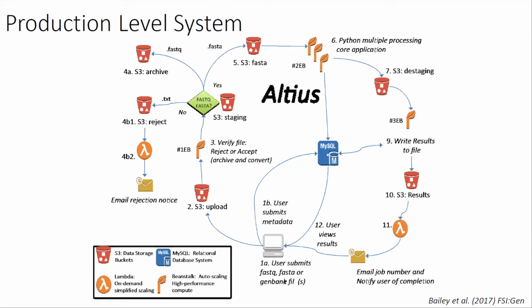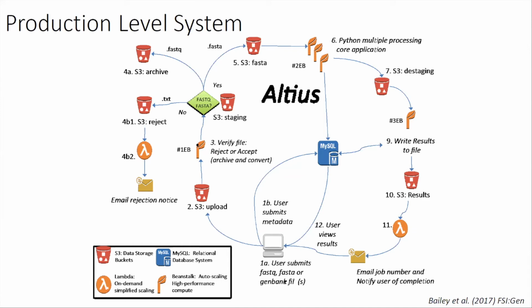So all that metadata would go and live there and create a record and the keys that are necessary to track the files as they move through the system. So the FastQ file then gets dropped to an S3 for upload. And then at the time, we're using Elastic Beanstalk. And so the first scaling that we would do here is that we had a listener sitting in front of this, right? And then once data was received into the S3 bucket, it kicked off a process to load the number of